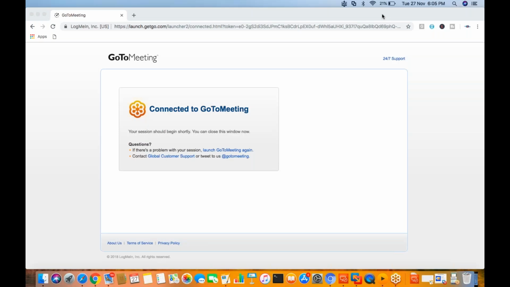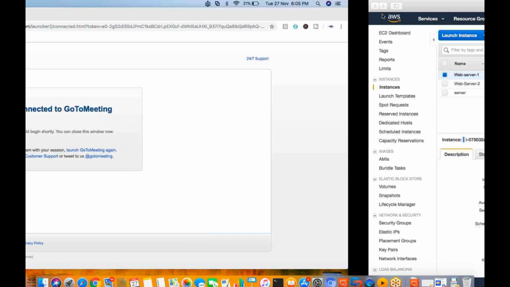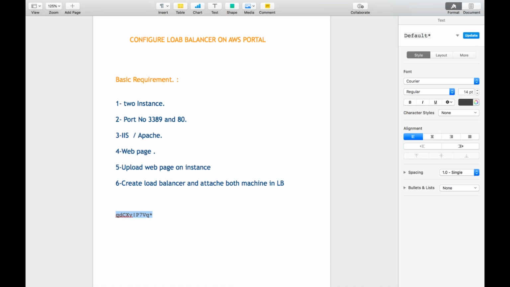Hi, good evening. This is Manjit Rawat, corporate cloud trainer and consultant. Guys, today I'm just going to describe to you the Amazon services. In the services, I'll describe how we can configure the load balancer with the help of the AWS portal. I'm going to show you the practical, but before starting, you should understand